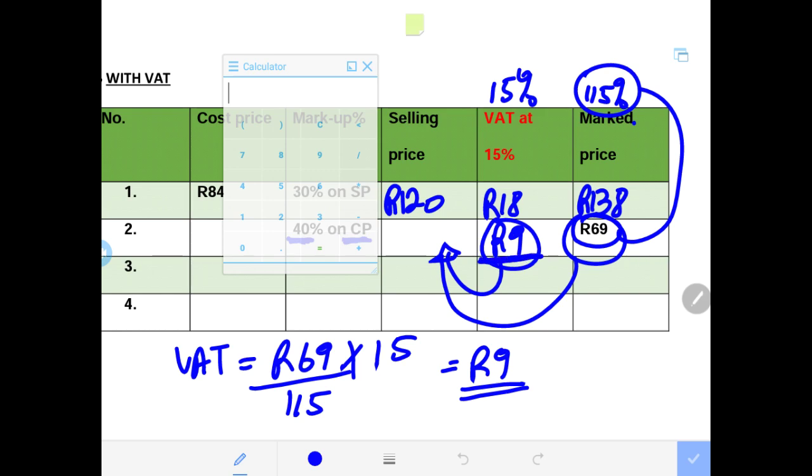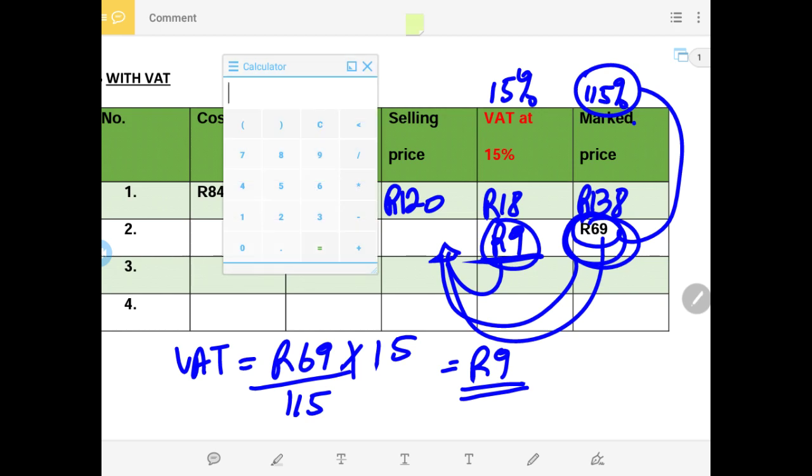Because if this amount is incorrect and your calculation from year to year are correct, so it's best that you use the amount that is already given, if possible. If it's not possible, then there's no other way. So now in this case, what do we do? We start with the 9 Rand. 9 Rand times by 100